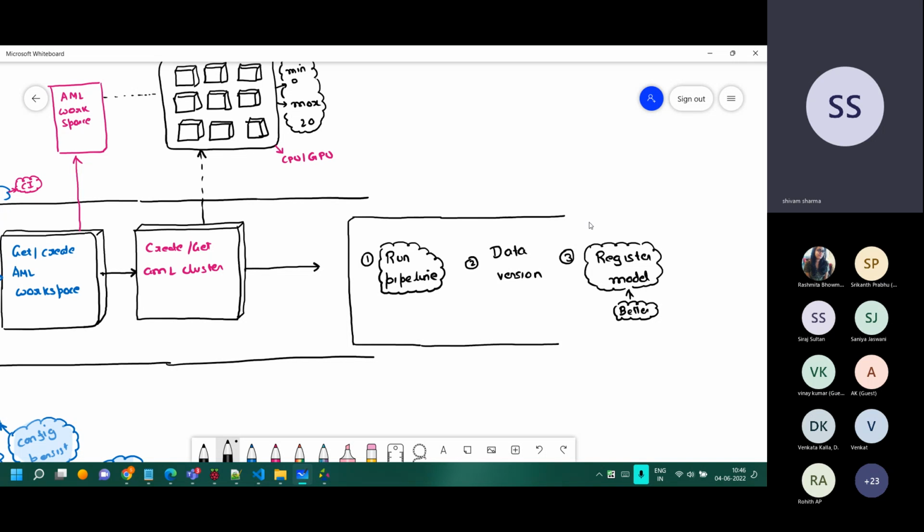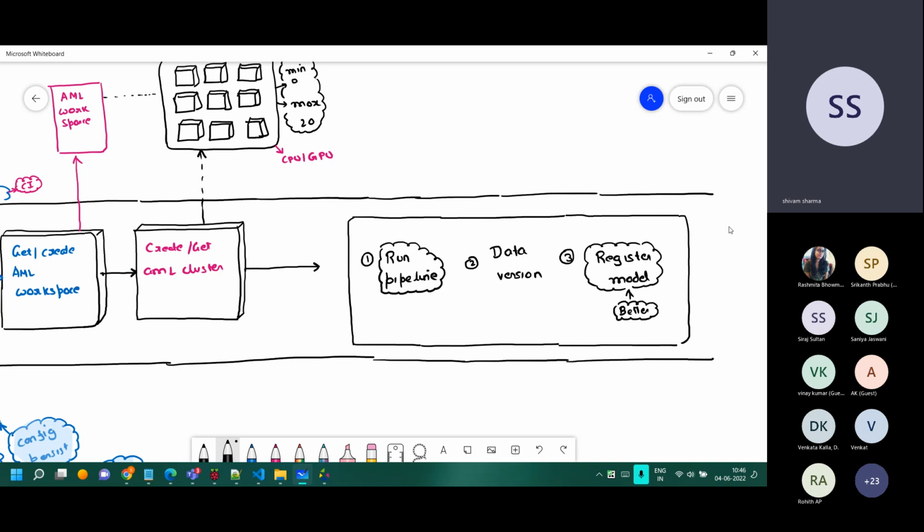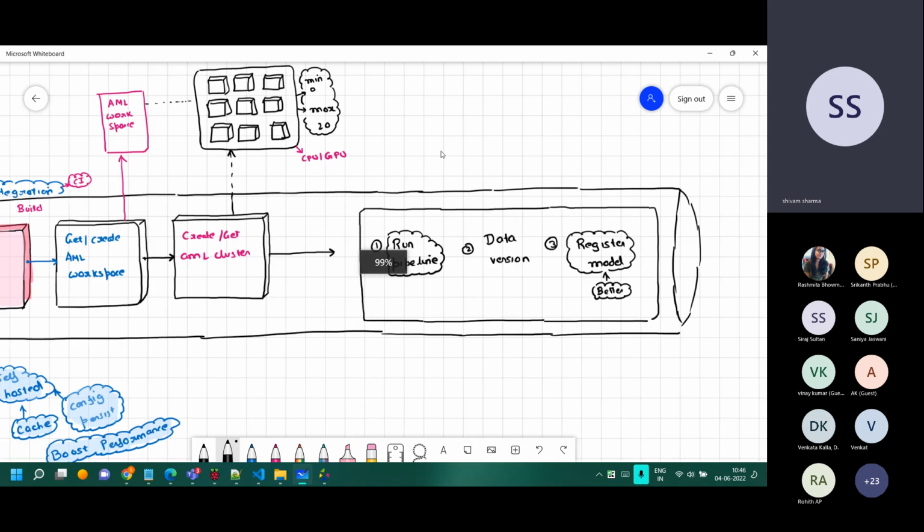Now, anything else which is left in this box, when we see it in the configuration, we will come back and complete the diagram. But for now, we'll just say that this is the step where the training is going to happen. The build of your solution is going to happen over there in that box. So let's go to the portal and see how it's done. We'll use this diagram for reference purposes.